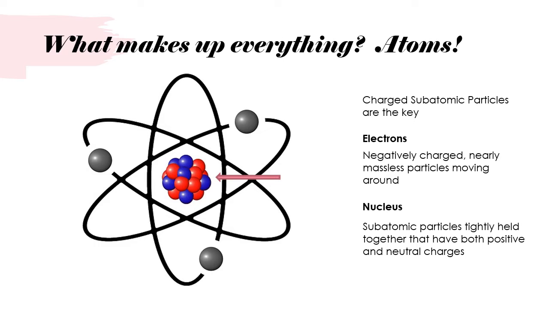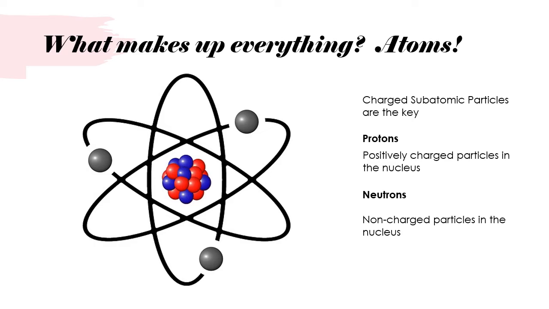That nucleus is where you have your subatomic particles tightly held together, and those have both positive and neutral charges. Those two particles are your protons and your neutrons. The protons are the ones we're really going to care about for electrostatics because they have that positive charge. Neutrons are the non-charged particles in the nucleus that help provide mass. The big thing is that the nucleus is stuck. It's not going to move around. But those electrons are free, moving around the outside, being held in by that positive charge, but we can actually